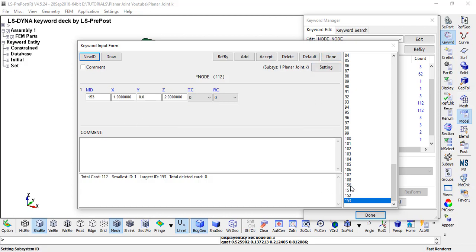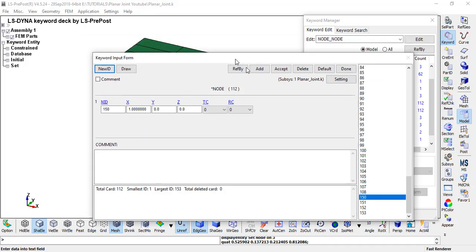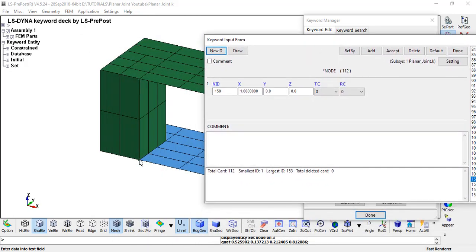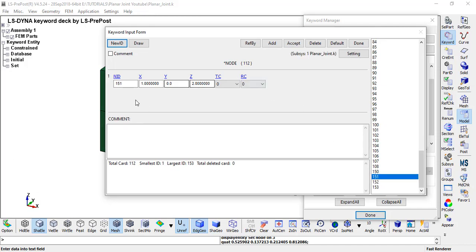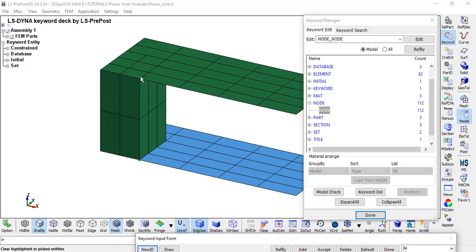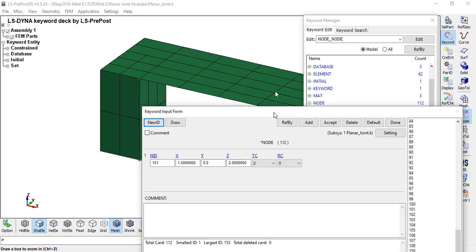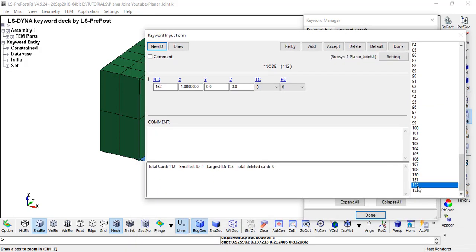So 150 is at 1, 0, 0, and 151 is 1, 0, 2, which is over here. In the same way, the other 2 nodes are also to be created. This can be done by clicking add and giving the dimension as 1, 0, 0 and 1, 0, 2 in that way.